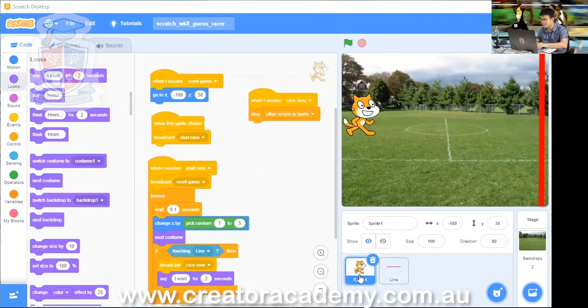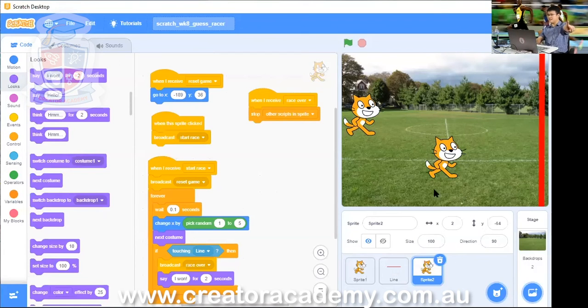Watch me do it. So we go right click and then we go duplicate. Now we have a second cat that is all the way out, but don't press a thing. Don't touch anything on that cat yet, because this is really important. Don't touch the cat yet. What we need to do